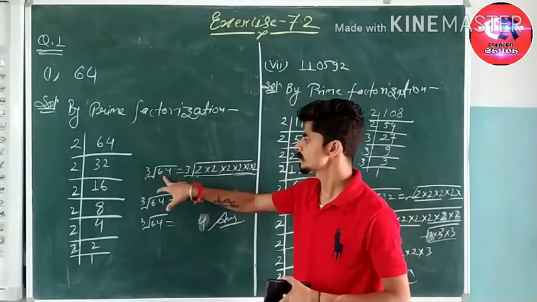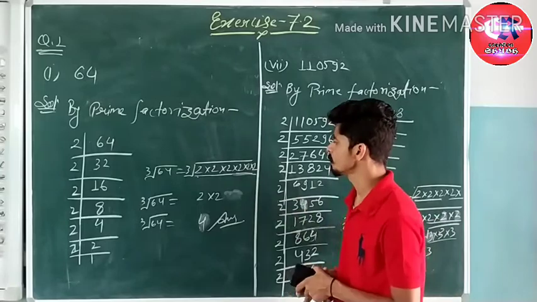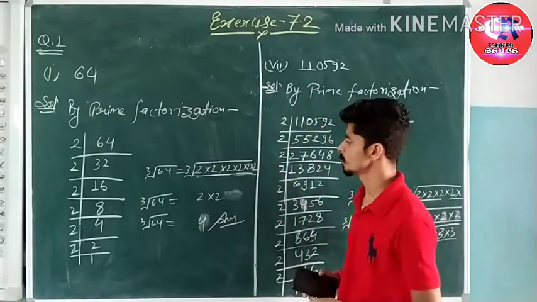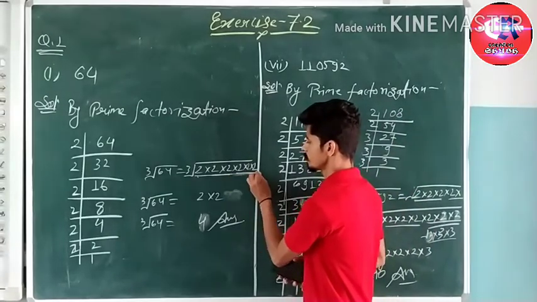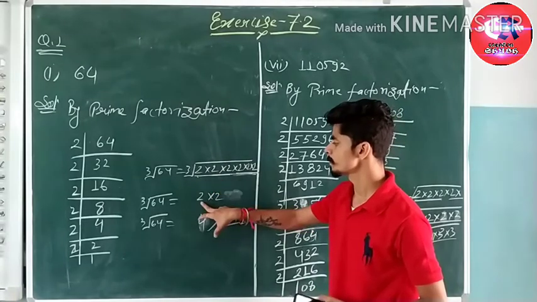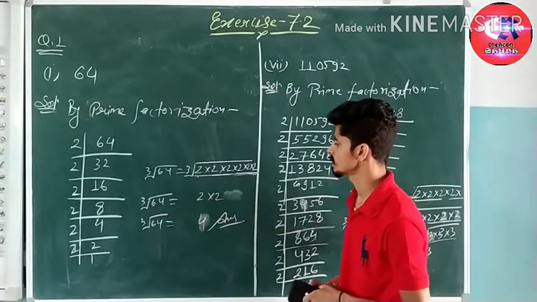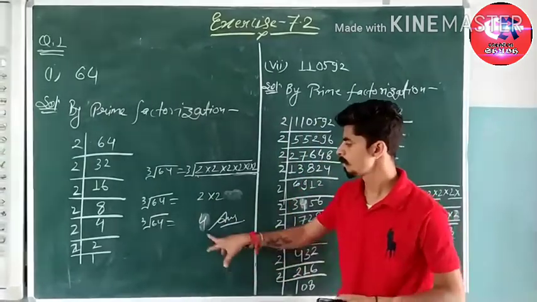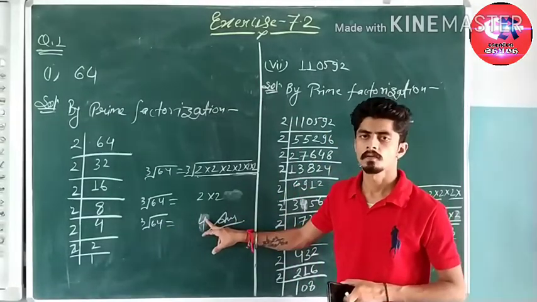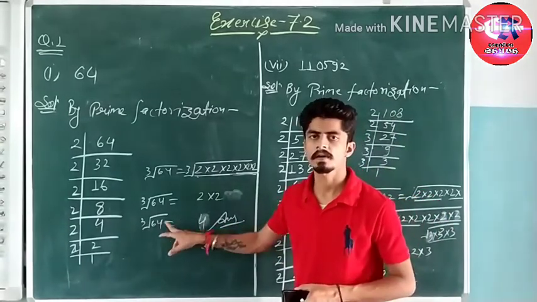So the cube root of 64 is equal to the cube root of all the factors we got. Now we have to make groups here. A number repeated 3 times makes a group in a cube root, and similarly the second group. So here we get 2 groups of three 2s, so 2 is taken 2 times, and the multiplication of these numbers, 2 into 2, is equal to 4. This is the cube root of 64, since when we multiply 4 into 4 into 4, we get 64 as the answer.